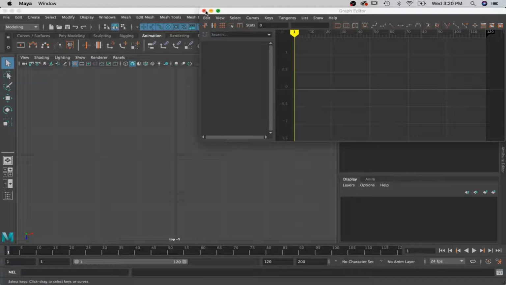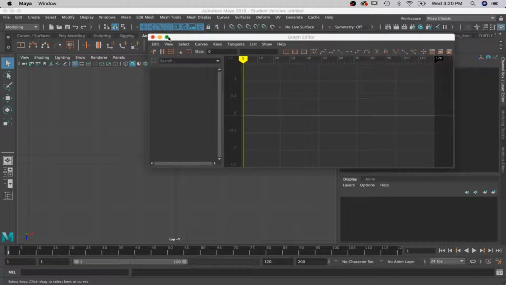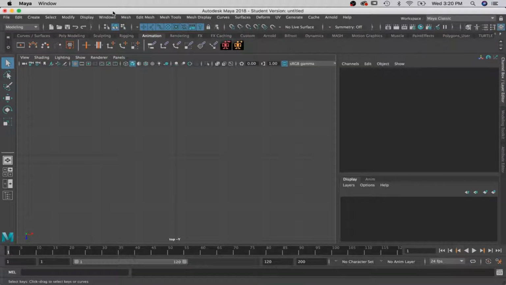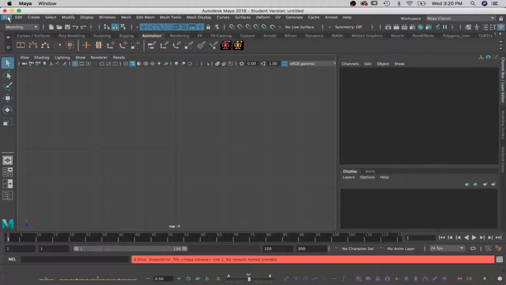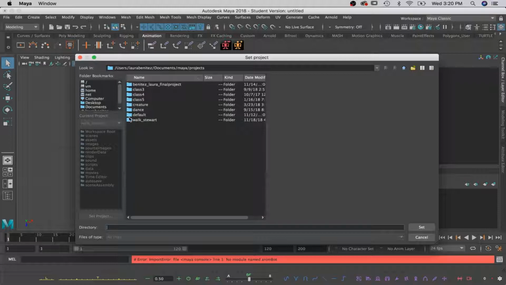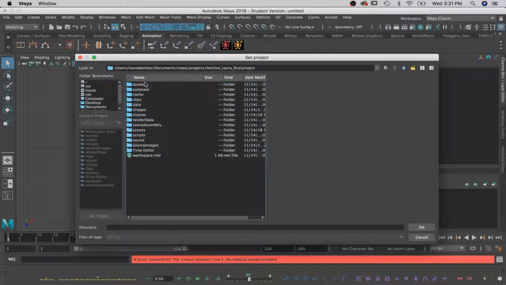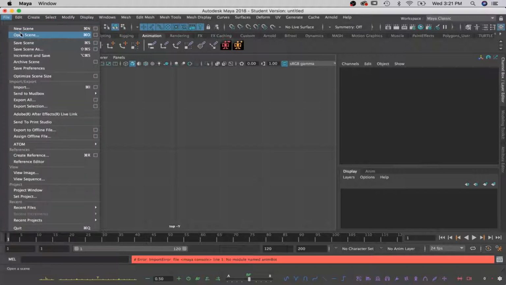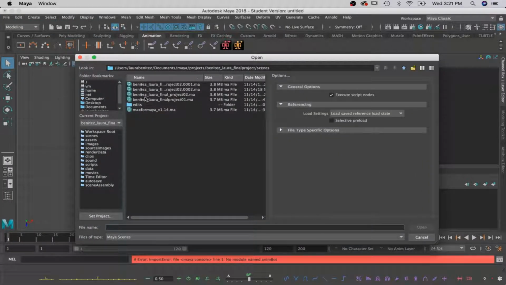So I'm going to close the graph editor for right now. It opened by mistake. There we go. Okay. So I'm going to set my project folder, file, set project. I think this is the one, set. I'm going to open my scene. I'm going to go to my most recent iteration of the scene file in Maya, which is, let me double check in